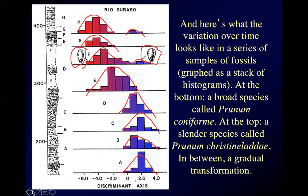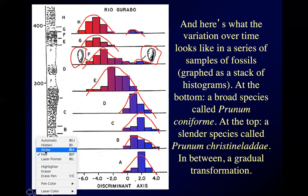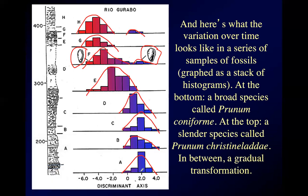Let me change my writing tools. From A to D, there's not a humongous amount of change. From F to H, there's not a huge amount of change, and it's only in E that we get that major burst of change. So there is a gradual transformation, but what I want you to see is that the E interval, this time of transformation,